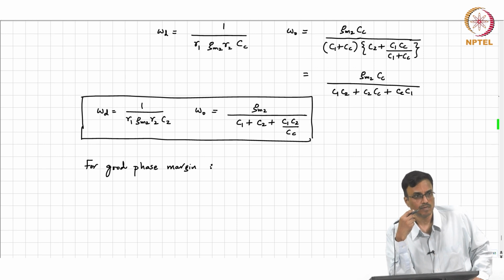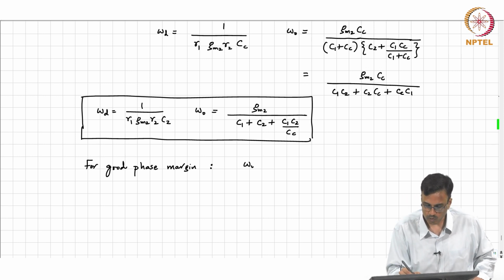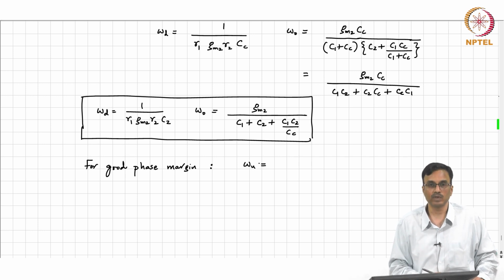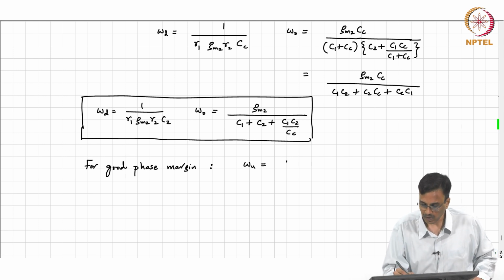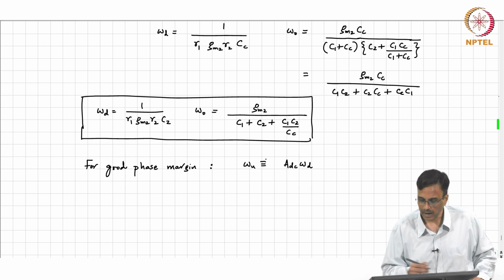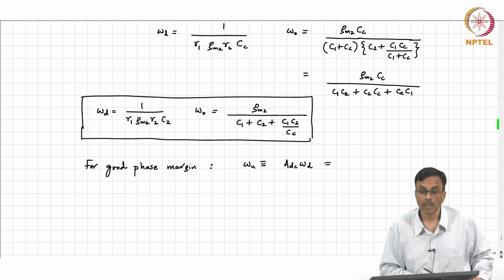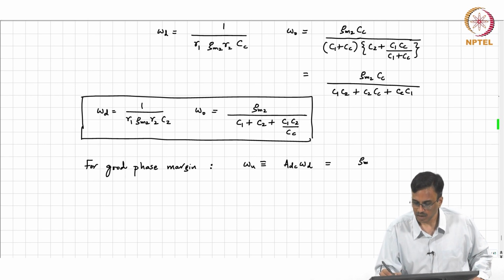To achieve good phase margin, what should be smaller than omega naught? The unity gain frequency must be smaller than omega naught. It is understood that omega d is smaller than omega naught. The unity gain frequency omega u is approximately ADC times omega d, and what is the ADC in our case? Gm1 R1